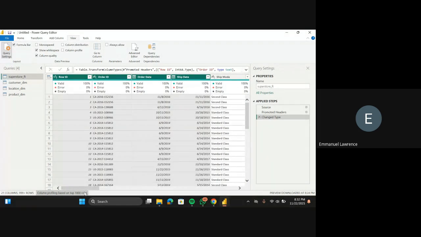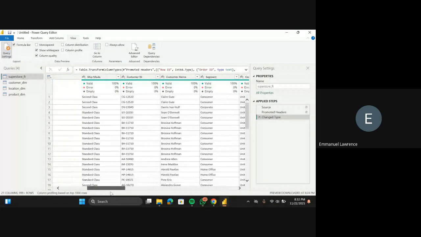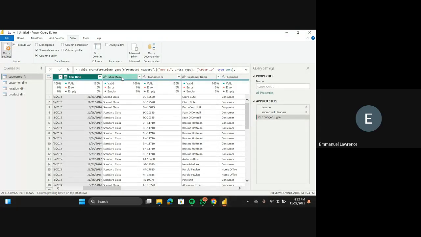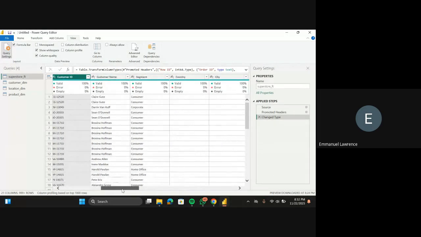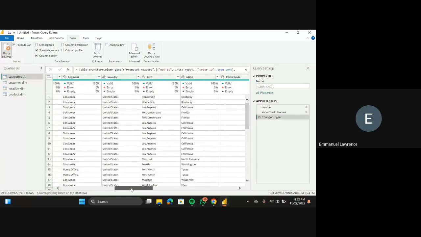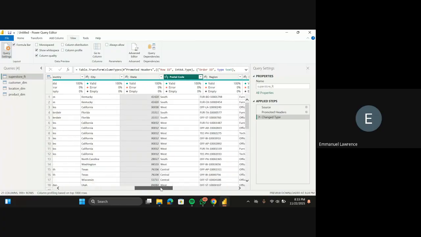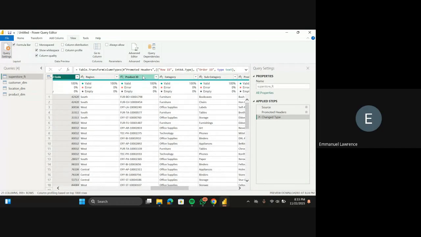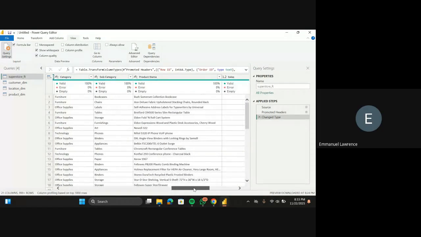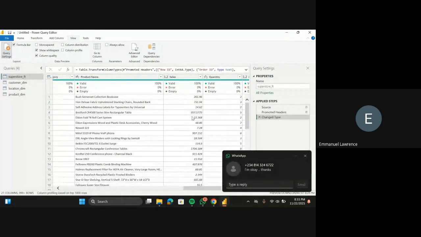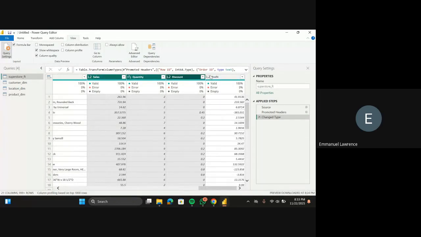I'll click on ship mode, then customer ID, then postal code, then product ID, then sales, quantity, and lastly discount and profit.